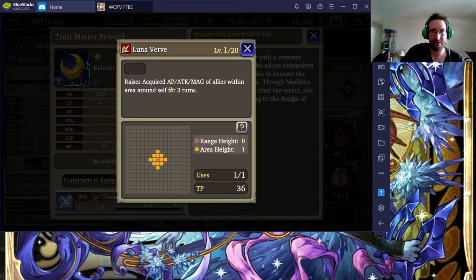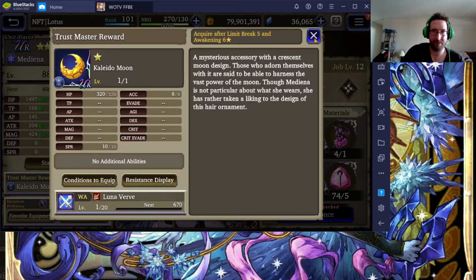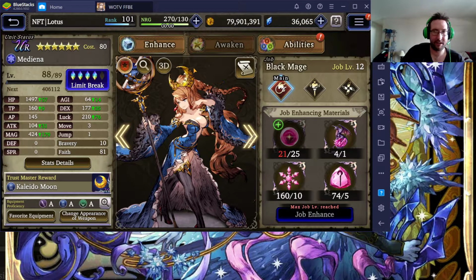It raises your acquired AP, which, if you don't have the bells or you have this on a different unit, is pretty decent. And attack and magic of all units within self around for 3 turns. And it's a large area, so it's easy to hit your whole team. And the attack and magic buff is a good amount. So I would definitely look into